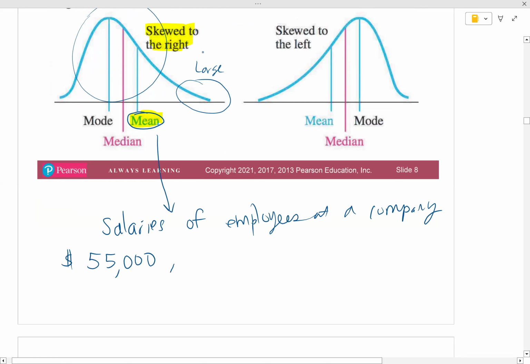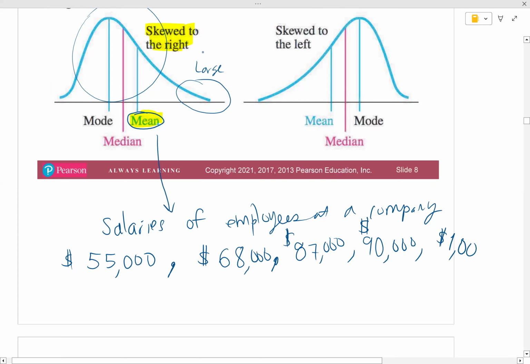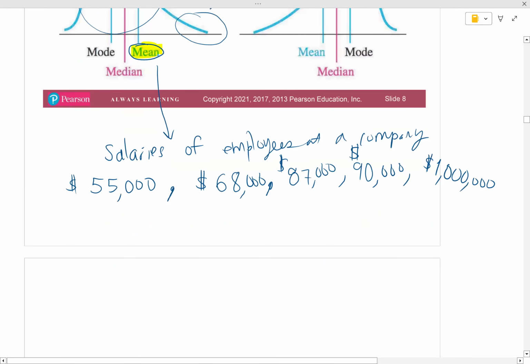There's one salary, and then you got, I don't know, 68,000 is another salary, and then maybe someone's making pretty good money here, 87,000. I'm just going to make up a few, and then maybe someone's making 90, and then all of a sudden here's another guy or girl making $1 million a year, and these are nice round numbers. But in that case, if you were to draw a frequency distribution, you'd probably see,